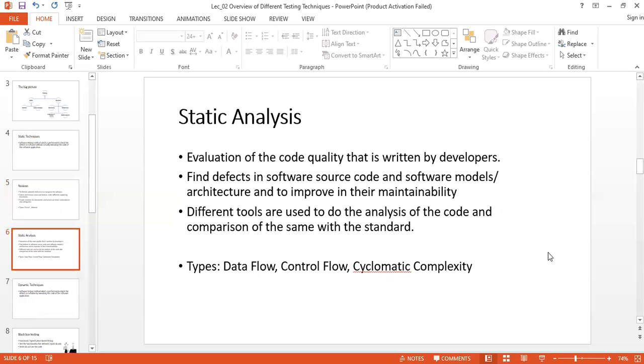Instead, there will be some sort of software tool that is able to analyze the software code. So these are the possible types, and we will learn those concepts in the next week.